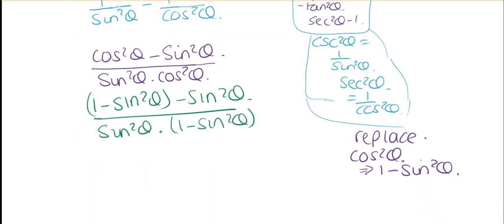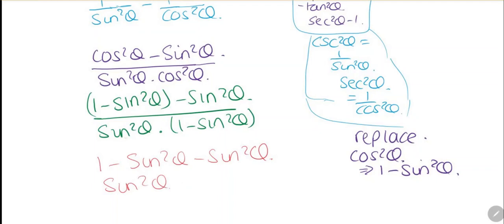So I'm going to multiply. So 1 minus sine squared theta minus sine squared theta. And then on the bottom, we've got sine squared theta times 1. It's going to be sine squared theta. And then we've got sine squared theta times minus sine squared theta. So that's going to be minus sine